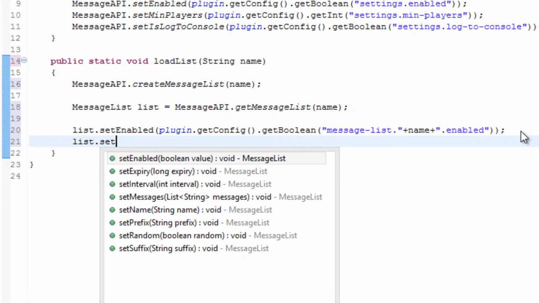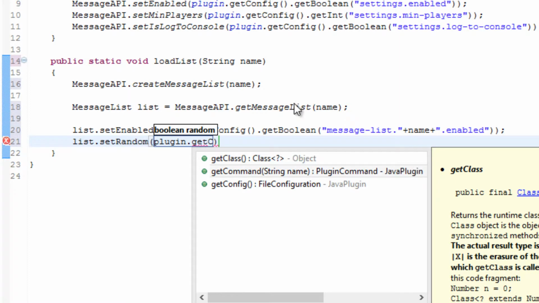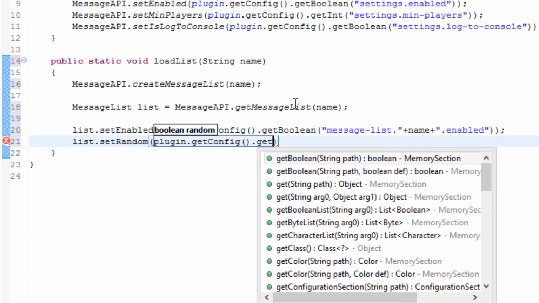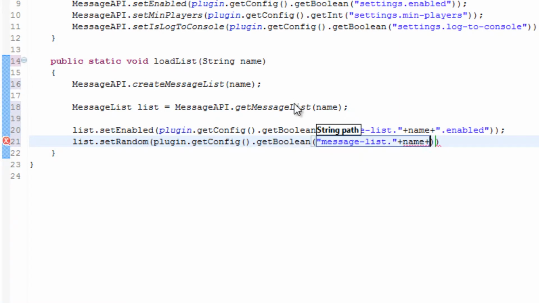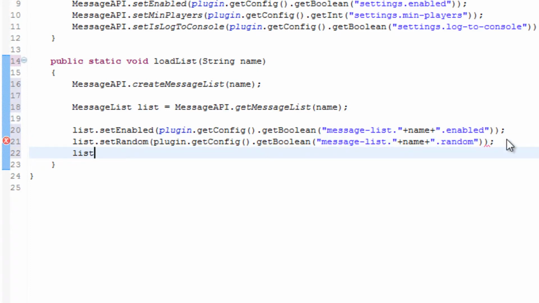And then we're going to set the random to plugin dot get config dot get boolean plus random, and my finger hit another key. And now we're going to set the interval,